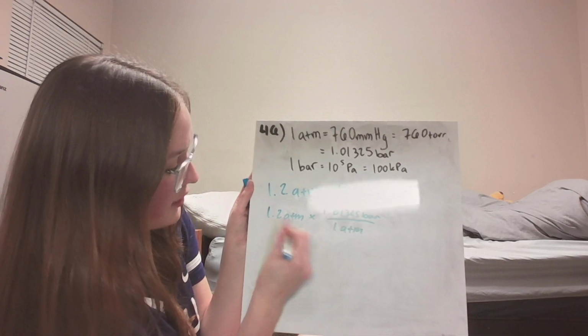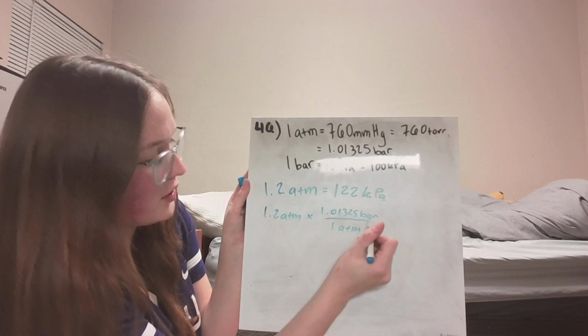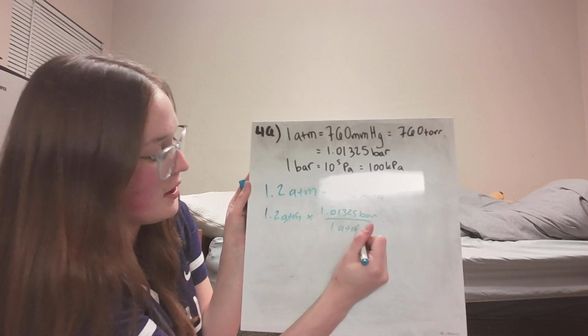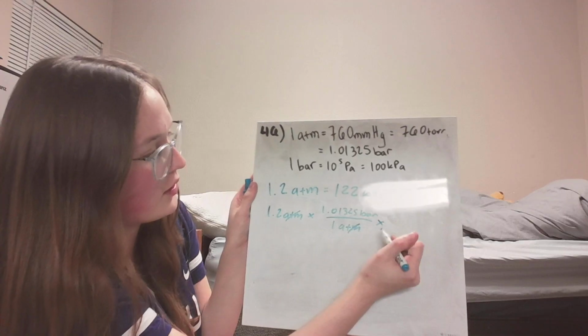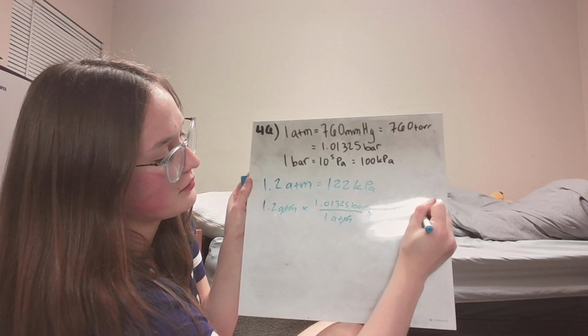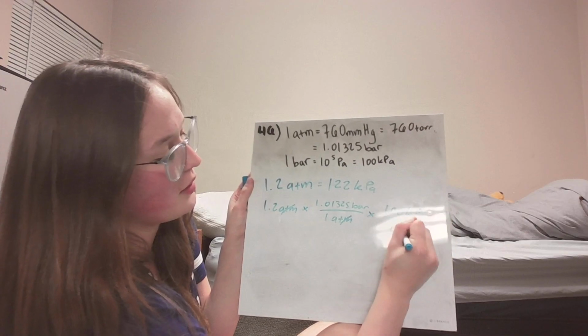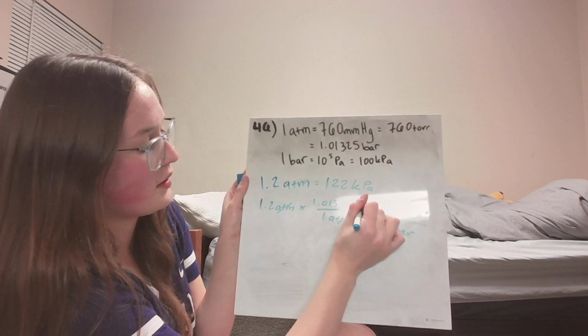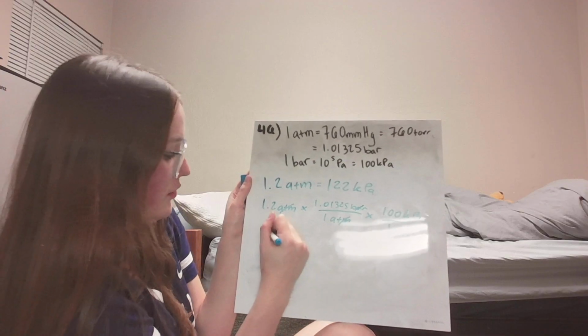Sorry, there was a hair on it that was killing it. Because we're going to do desired over given, or just because ATM's going to cancel out. Then we're going to do 100 kPa is equal to 1 bar right here. So cross that out. So if we do some math,